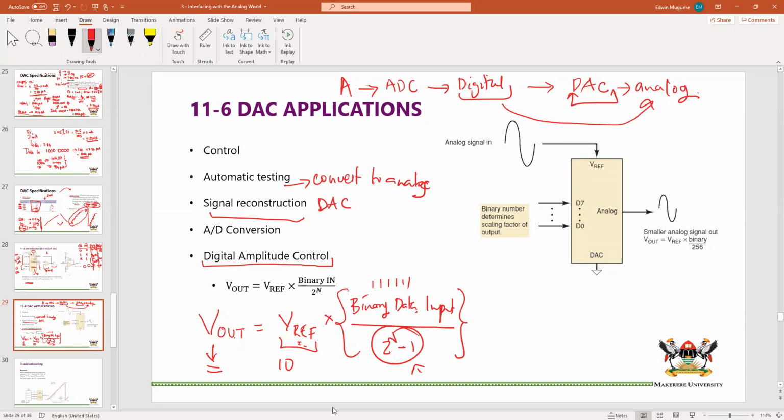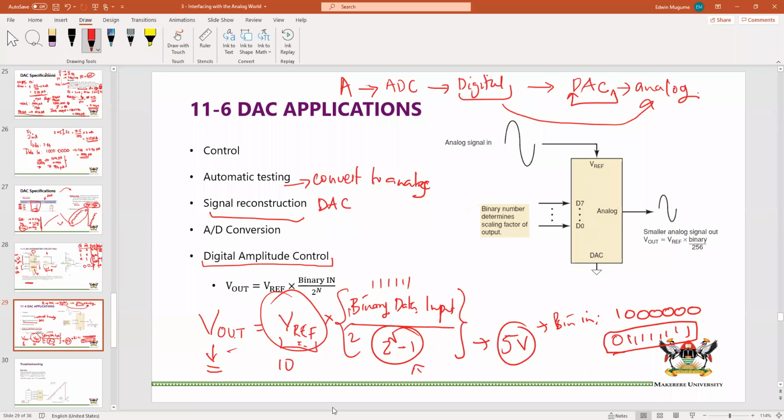But if I wanted it to be half of V reference, if I need to get out about 5 volts, I can set my binary input to about 1000000, or maybe 011, everything else 1, so that I'm roughly halfway through my counting range, meaning that I'll have a half here, and that will multiply that so that my V out is around 5 volts. So you can see here that you have a binary number, and you can use this binary number to